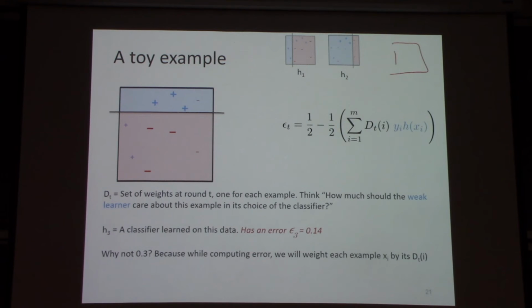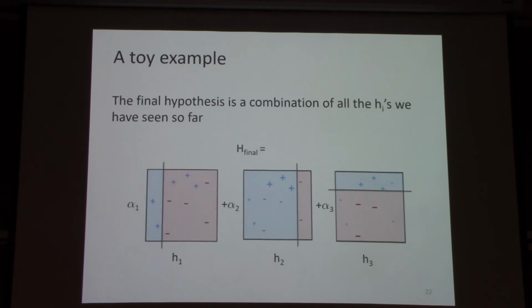So at this point, again the same thing continues. You have the error. This classifier has an error of 0.14, even though you made how many mistakes? I think 3 mistakes here. You made 3 mistakes, but it's not 0.3, it's 0.14 because those 3 examples where you made a mistake are weighted very, very small. 0.14 is just a number I made up, but it's a small number. And you can continue, and you do the same thing again. You remember the hypothesis that you just trained, you update the DTs, and you can continue, but I got bored of making pictures, so let's say that we did it for 3